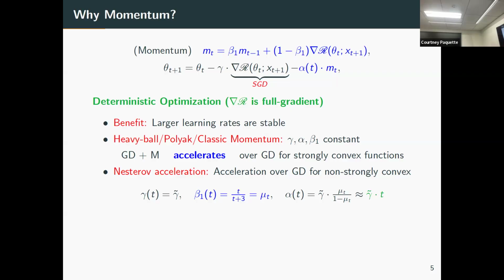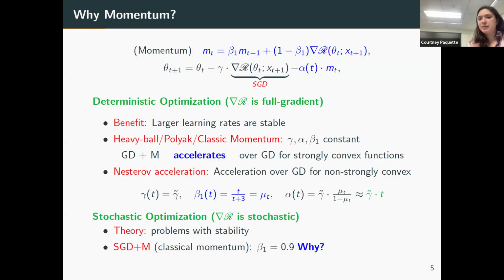And it has this form. Again, it might look a little different; I put it into this form. So notice the beta 1 here is a time-dependent beta 1. And that alpha t here is also time dependent, but notice that you only get one constant. So you only get to choose this gamma tilde term. Okay. And I'll go through this a little more in depth later on.